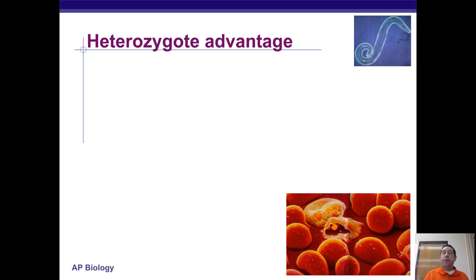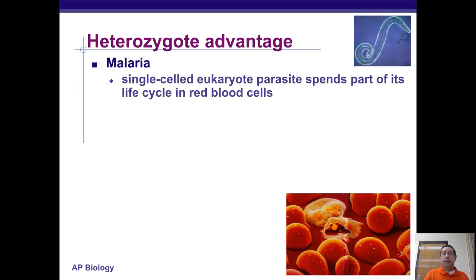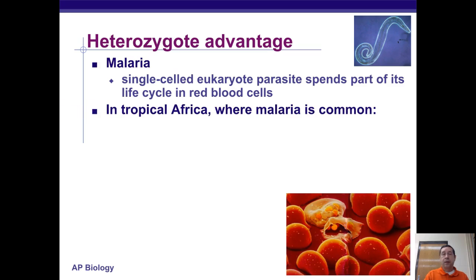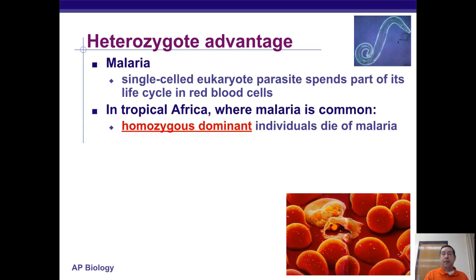Well, what we found is that heterozygous individuals for this trait have an advantage if they come from a part of the world, or they live in a part of the world where malaria is an endemic problem. Malaria is a parasite that spends part of its life cycle in red blood cells. In tropical Africa, malaria is very common, also in parts of South America. Homozygous individuals often die from malaria